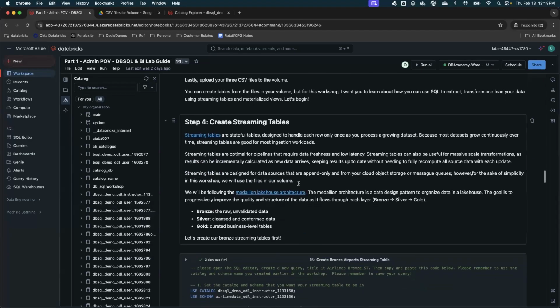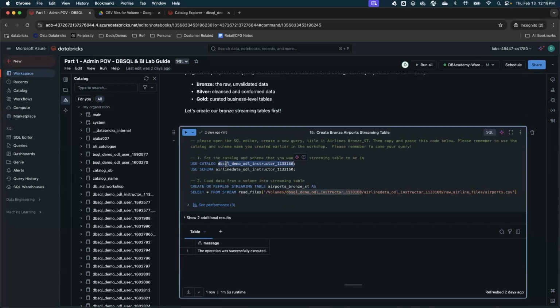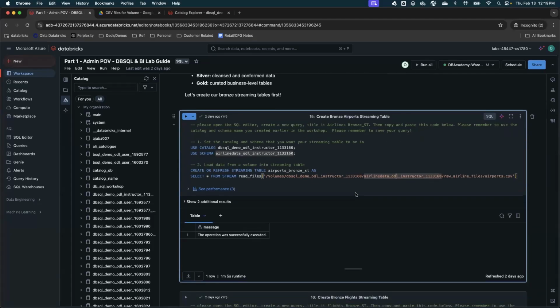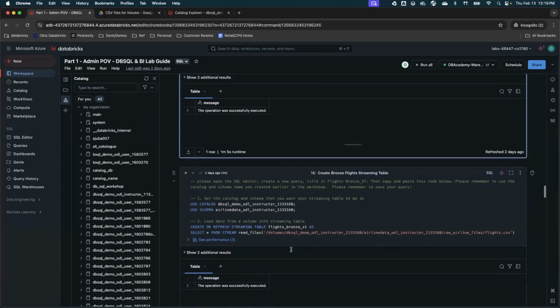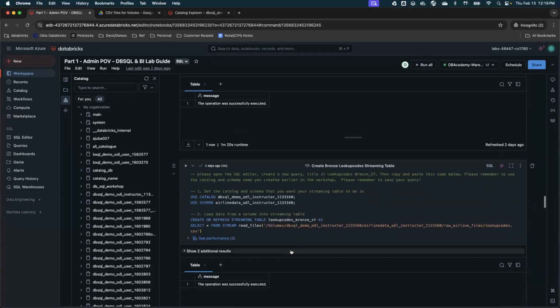So you add your catalog name and schema name in the query under the volume, and that will help you create a streaming table on top of the existing volume file. We need to repeat this for airport, then get data for flights, and then get data for lookup codes.